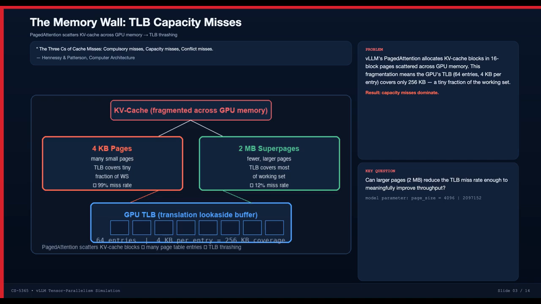So the problem in plain terms is that the GPU's translation look-aside buffer is the hardware structure that translates virtual addresses to physical addresses. On this architecture, the TLB has 64 entries, each covering a 4 kilobyte page, and that gives a total coverage of only 256 kilobytes, a tiny fraction of a working set. Think of it like trying to complete a massive jigsaw puzzle, but your desk only lets you look at 64 tiny pieces at a time. You would spend all your time swapping pieces out and never actually making progress on the puzzle. And that's exactly what happens with